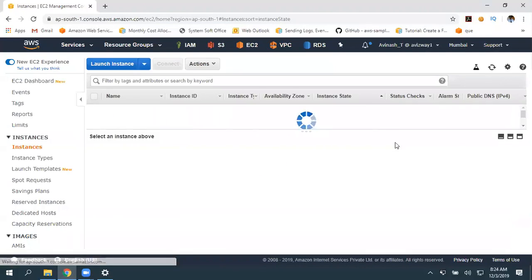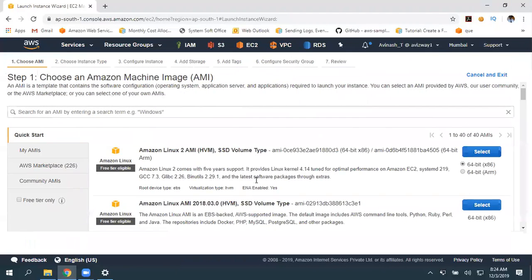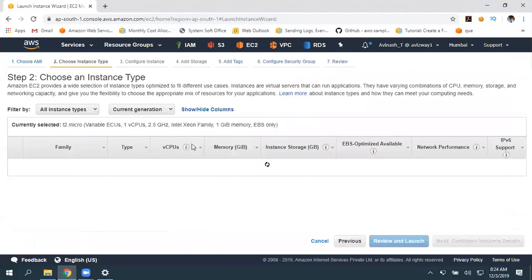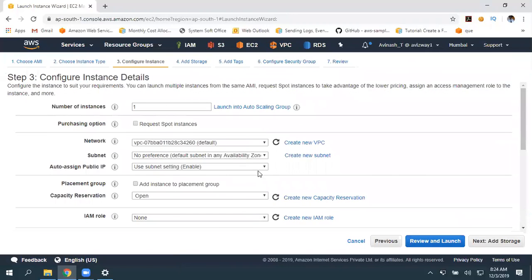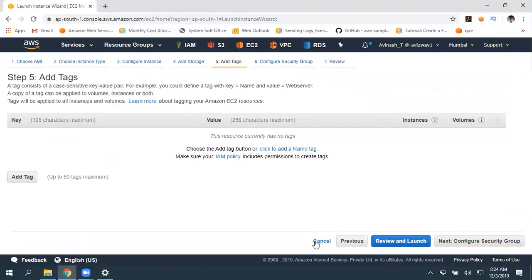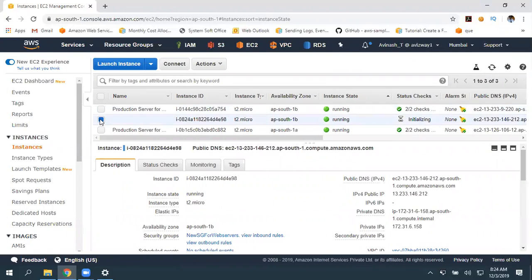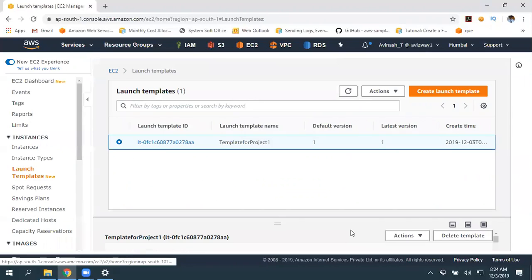So generally, whatever the options you are performing, selecting image, selecting instance type and associating and launching under a particular network, storage, all these options we are creating as a template. From that template we are launching. That's it. That is the launch template option.